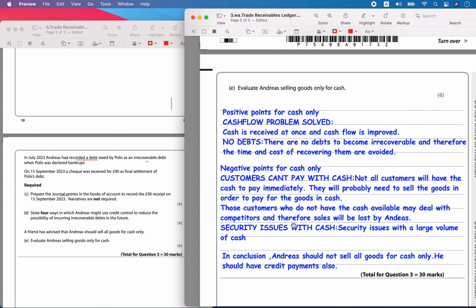It means that you will have large volumes of cash, and very often you have to go to the bank to deposit it. So there is also time and cost involved. So in conclusion, Andreas should not sell all the goods for cash only. He should have credit